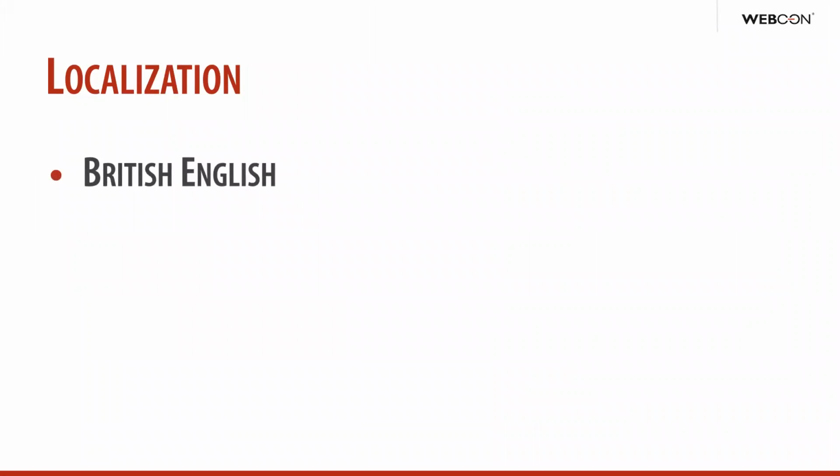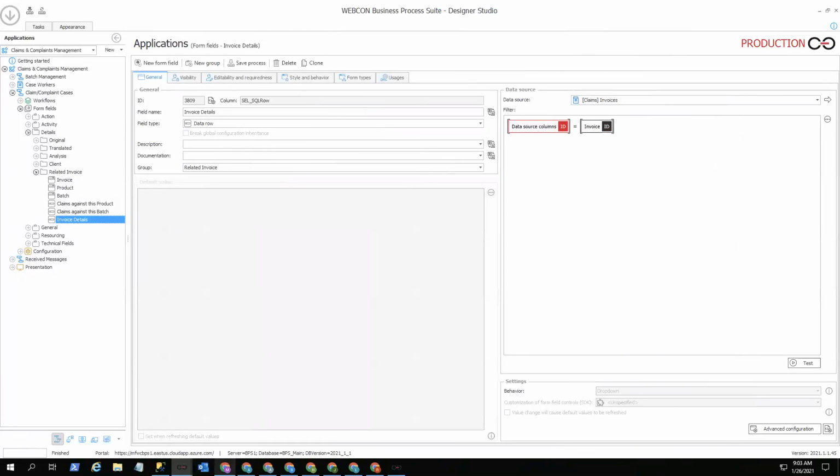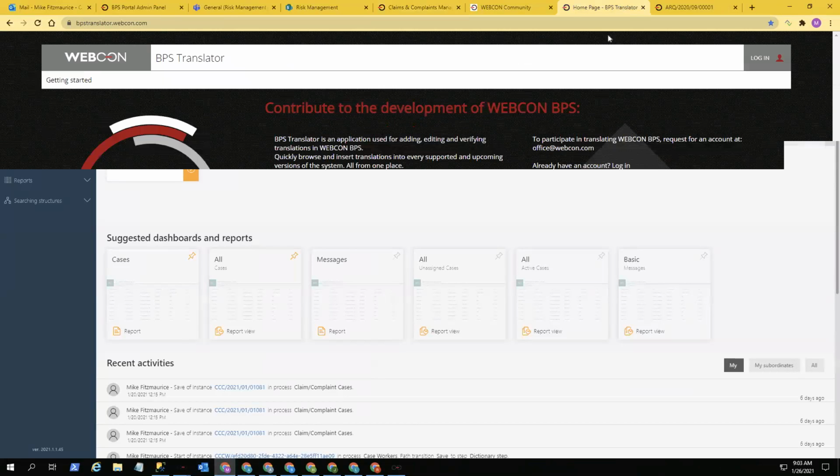Localization got better in some ways. British English. We've had one English language pack and it defaulted to using American style terms or layout for dates and so on, date formats. We now have a British English pack and it uses European date formats. All of this can be expanded. We haven't made differences in spelling based on British versus American English yet, but I will always impress upon you the utility of coming here to